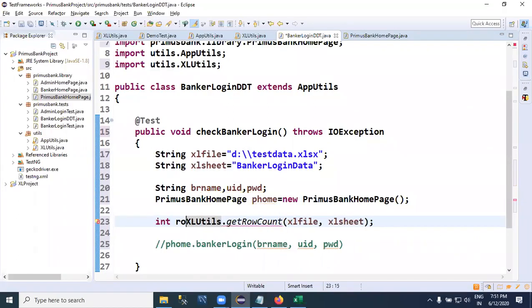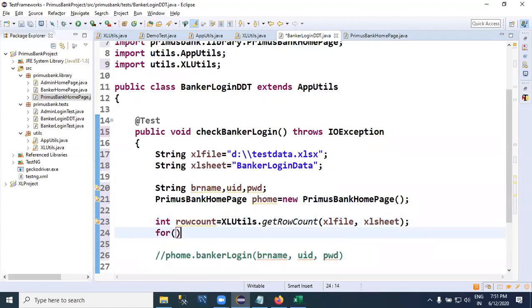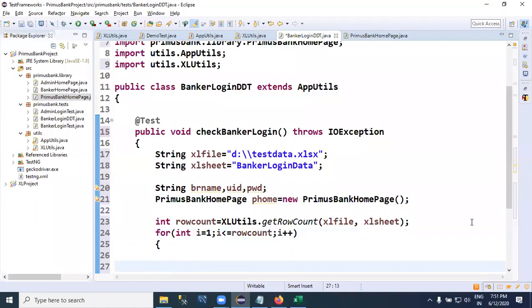Whatever value it is returning, I'm taking into a variable, let me make it row count. Row count is my variable. Then, as I want to access the entire data available in the sheet, I equal to 1, because row 0 we are skipping, where we have some headings. I less than or equal to row count, I plus plus. Now, inside the loop,